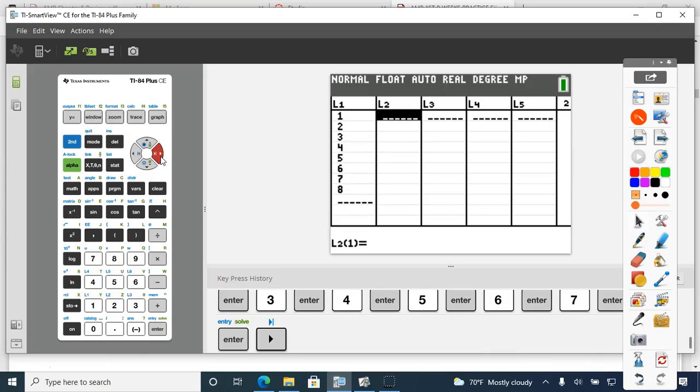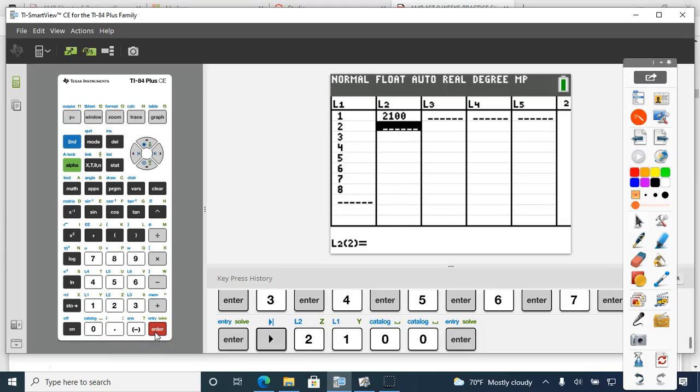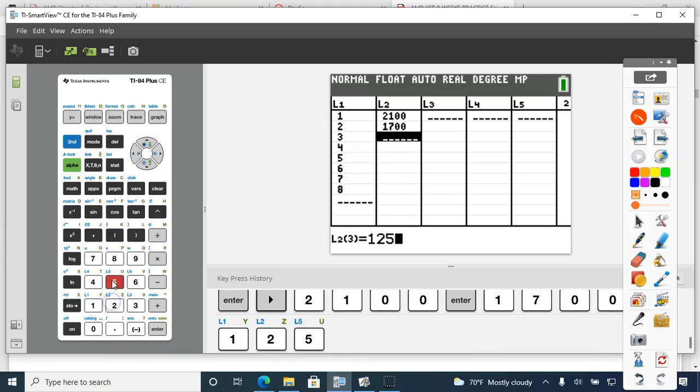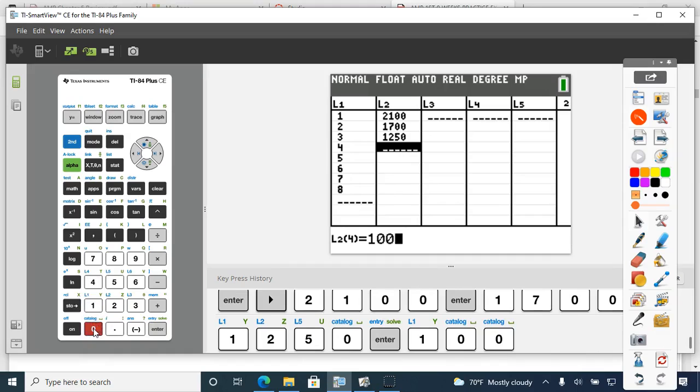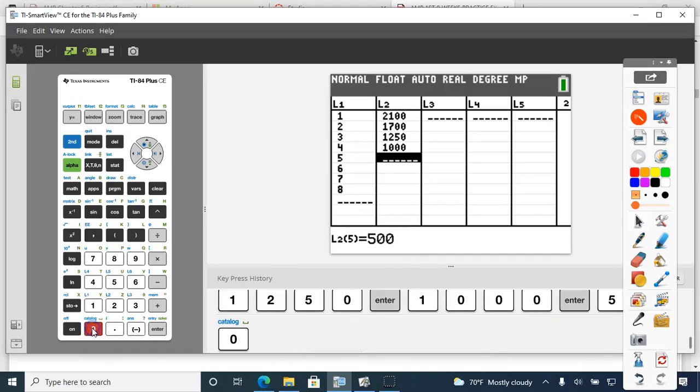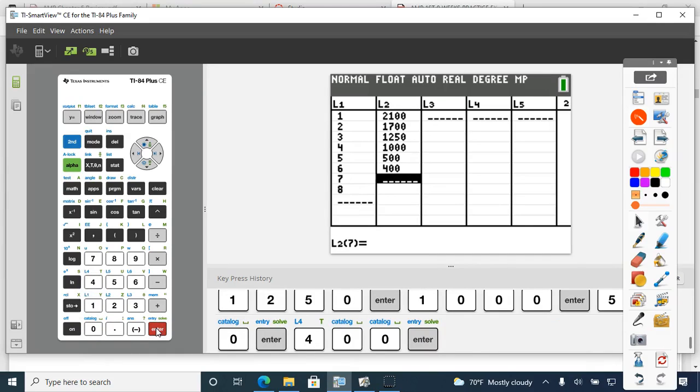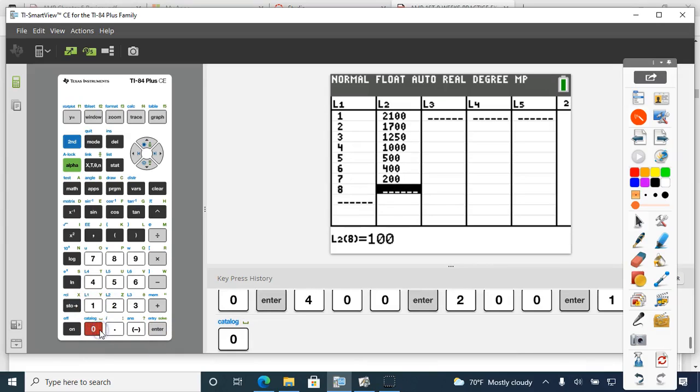Then for the second column, that is the value. So 2100, 1700, 1250, 1000, 500, 400, 200, and 100. Take your time plugging them in your calculator, because as long as you plug them in correctly, you should get